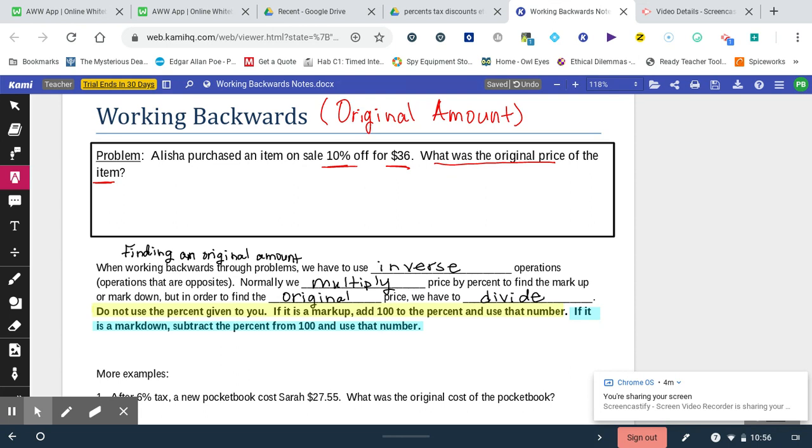Now, when you're just working with percents normally, and you're not looking for an original amount, you don't necessarily have to add 100 or subtract 100. Sometimes you may just be looking for the discount. Or you might just be trying to find the percent of the number. So you would just be using like card 1 and card 2 from the previous video, which didn't involve adding 100 or subtracting 100. But in this case, anytime you're looking for an original amount, you're always going to either add 100